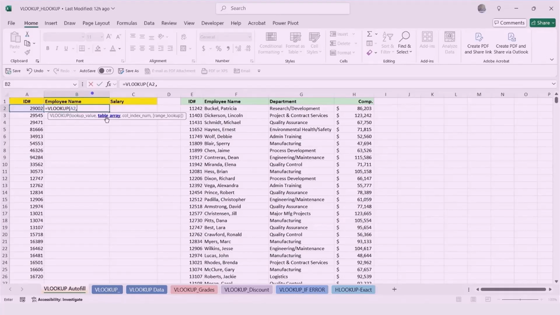Now here, what I'm going to do is a table array. All that's asking me is, hey, where does that whole set of data live? Where does my ID live? Where does my employee name live? So all I have to do is highlight everything. Now I'm going to highlight this, and you're going to see I'm going to get the right answer, but I'm going to show you a more efficient way of doing this that's going to help us